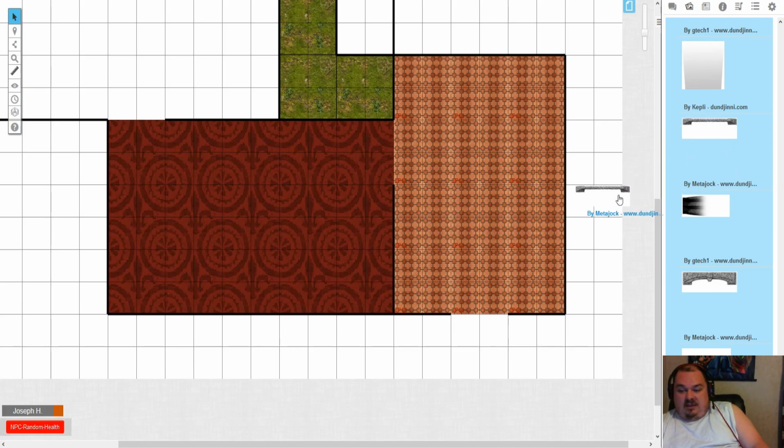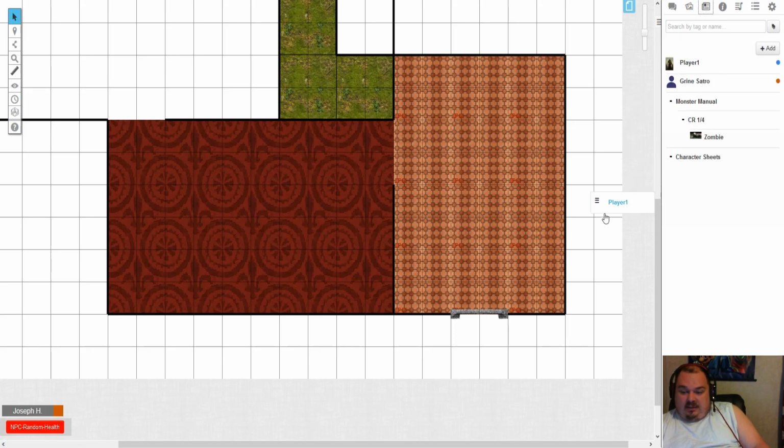So we're going to give this a try, and I'm going to hope that this doesn't have a white background, that it's actually transparent, and it is. So if I put this here, you can see it's sitting on the edge, which is what I said I wanted. But let's say I wanted to kind of straddle this. I'm going to hold down the Alt key while I drag it, and I'm going to drop it where I want it. I'm going to do the same thing. I'm going to hold Alt, and bam, I have a doorway on there now. So if I bring my character out here,